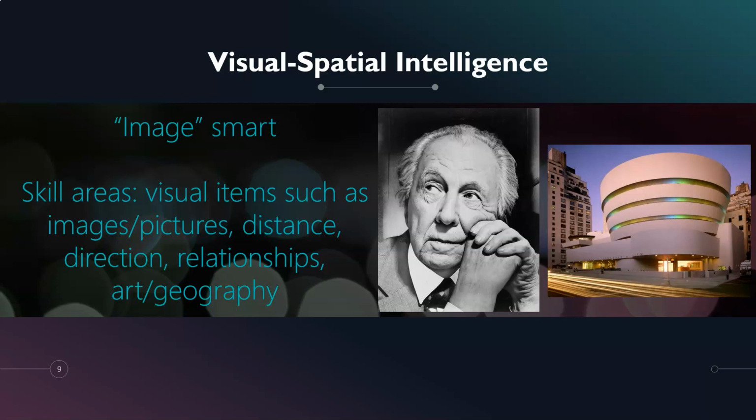So the next intelligence is called visual spatial, and it means that you're good at visuals, images, space, two-dimensional, three-dimensional spaces. So you can think of the spatial skills definitely in fields like the arts and also in geography. So art focused on visuals, geography focused on location. And so these people are good with any kind of visual cues like images, pictures. They're also good at things like distance, direction, location. And you can think of careers: artists, geographers, but also navigators, people who are drivers, pilots, architects, for example.